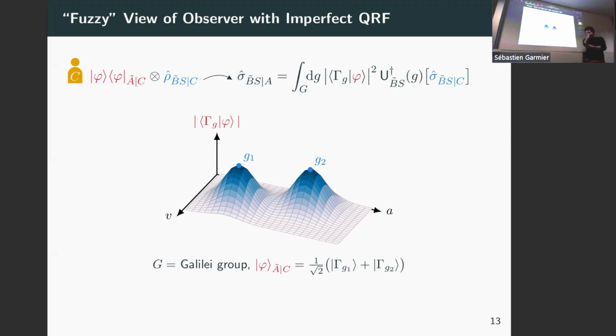The kind of situation you're describing, what Alice thinks Bob sees, is something we can answer with this framework, and it's basically the reference frame transformation from Alice to Bob when both of them are imperfect. So again, the idea is that you'll have some state that Alice has, or at least thinks she has. I mean, she's not sure, right? So you take this state, you embed it again, you do the transformation perfectly, you do the E dagger, and this will be Alice's best guess of what Bob's state could be.